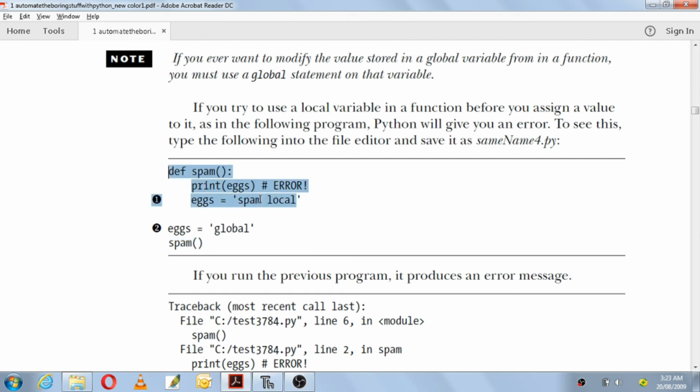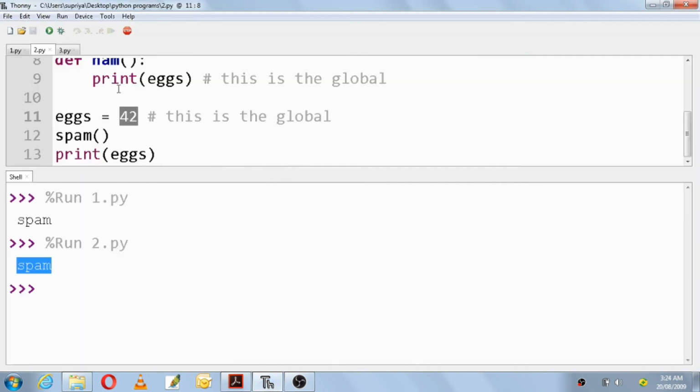You have to go to the function definition, and in the function definition you can see that it has printed the value of eggs prior to assigning any value to it. So this eggs is a global variable and this eggs is a local variable, but without giving a value to it prior, how will you print the value of eggs? Okay, so this eggs is visible only to spam and this eggs is visible to the entire program. So when you run this program it will give an error because you have used that local variable prior to its assignment. Okay, so you can see the program here.